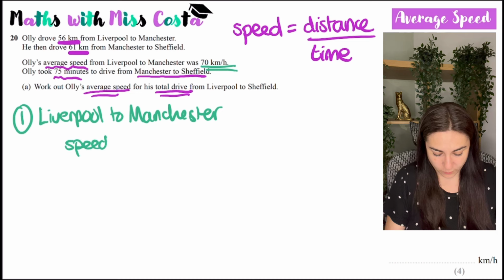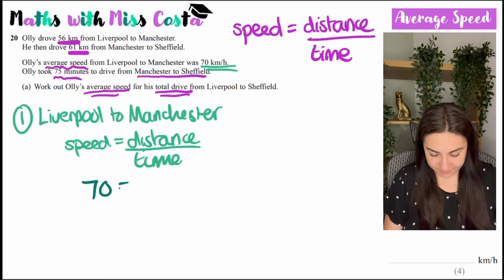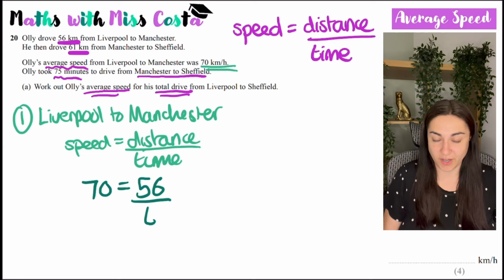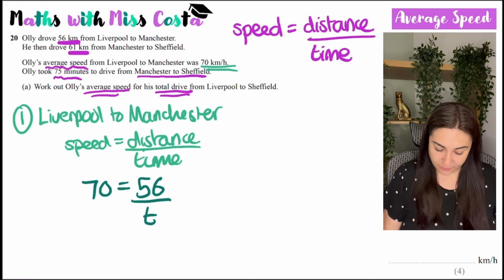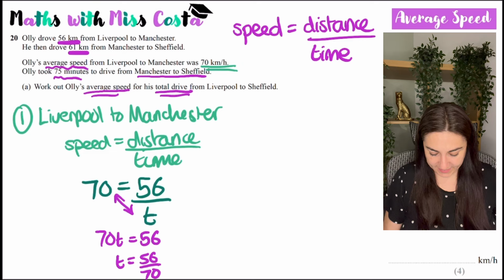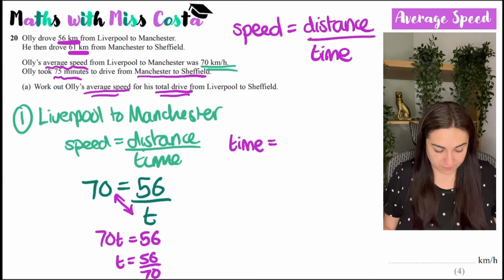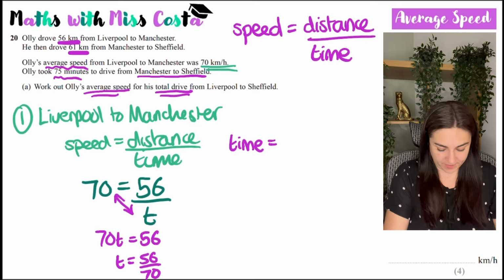So in this formula, speed equals distance divided by time. I can fill out the information I know. So I know that the speed is 70. The distance is 56. I just don't know what the time is. So I could rearrange this equation. When I need to rearrange it and the subject is my denominator, I can just swap them over, or I can do it bit by bit. So I could have said 70t equals 56, and therefore t equals 56 over 70. But either way, the time it took him would be 56 divided by 70,